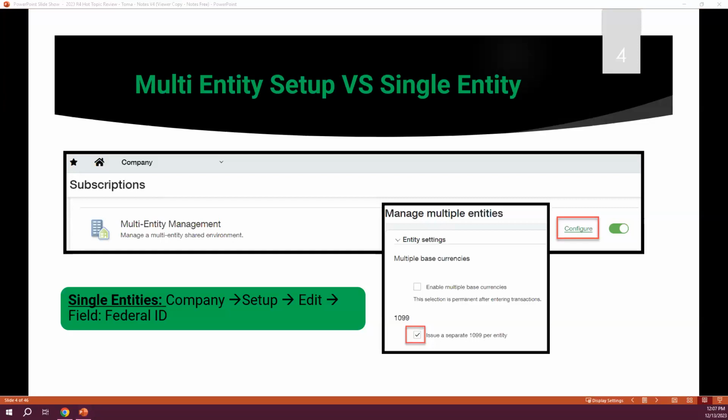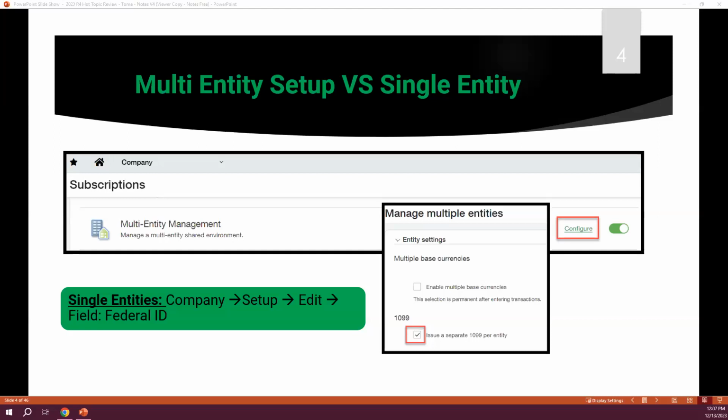In addition to the multi-entity versus single entity setup, if you need to either issue a separate 1099 per entity, or you're using one of your single entities to file for all entities, you'll need to ensure that in your company subscriptions under the multi-entity management, that the checkbox to issue a separate 1099 per entity